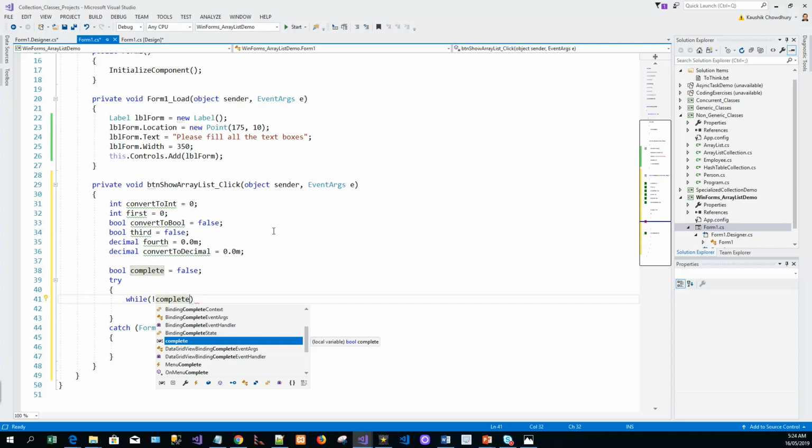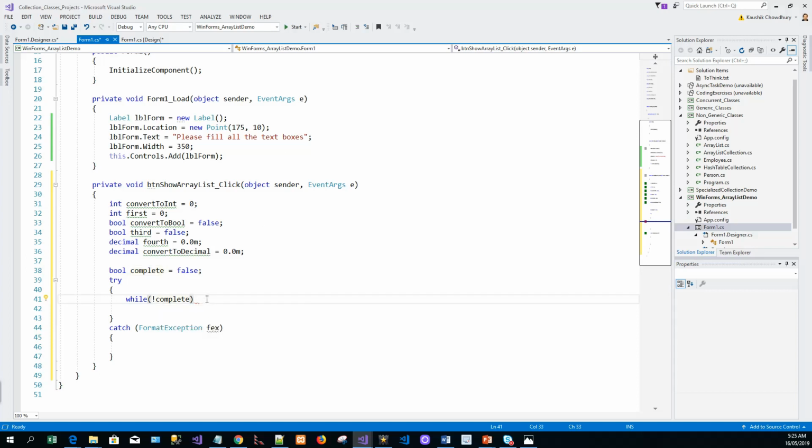If someone writes a string like a word, it should handle that and it should prompt the user to write a proper number. Okay, so it will be clear in a minute. So while not complete,